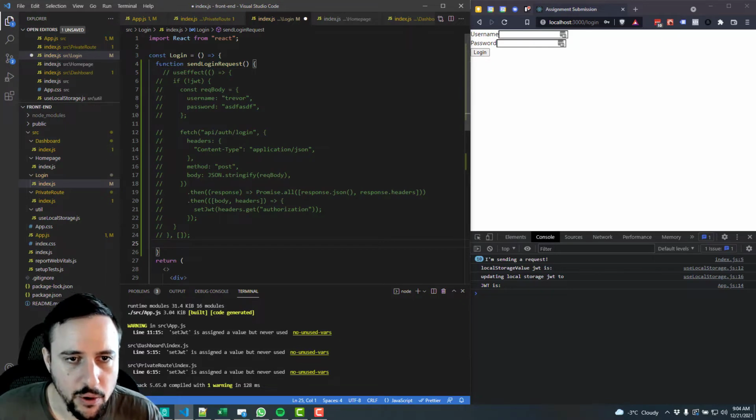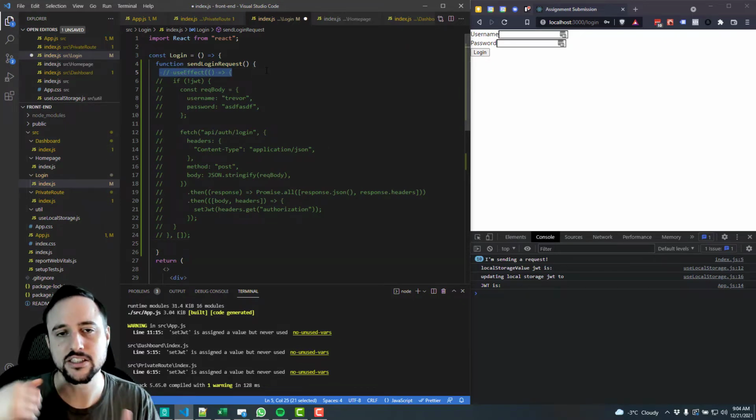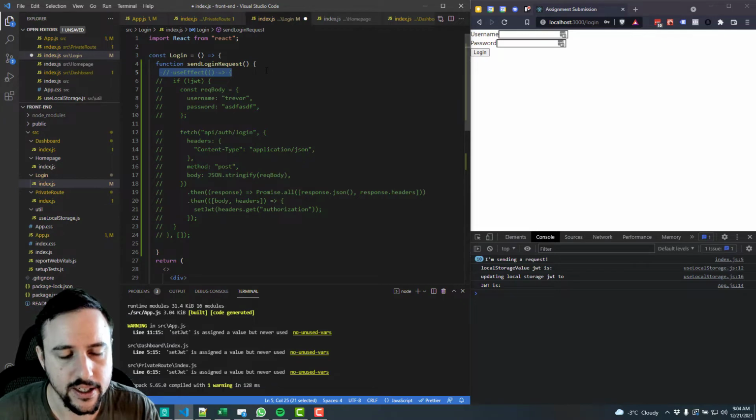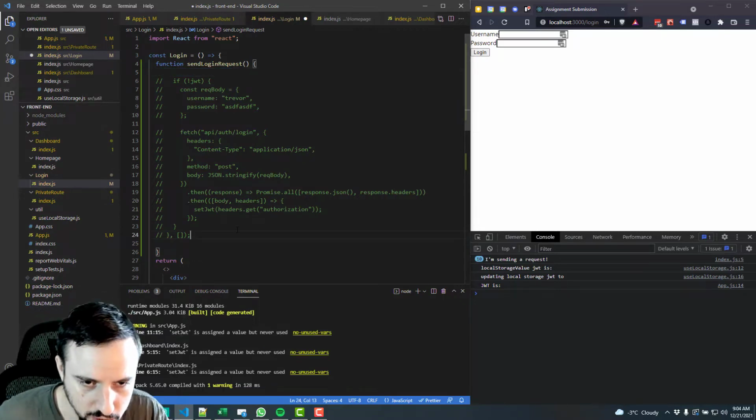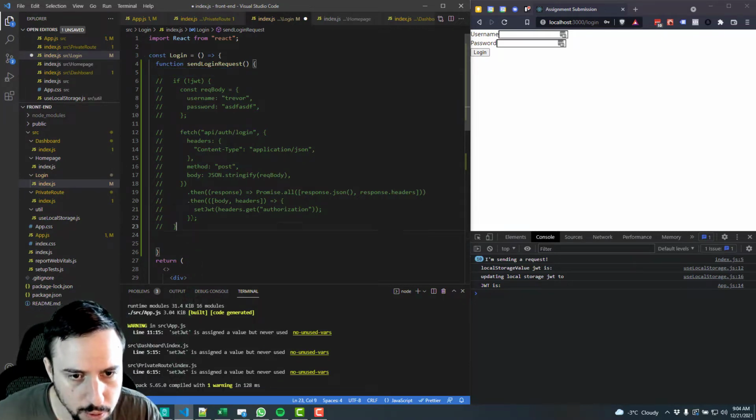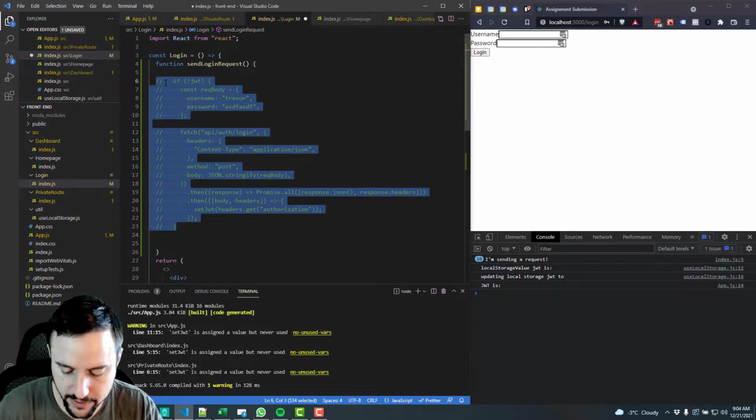Paste it here. Now, we don't want it to be a useEffect hook, so we don't need this to fire as soon as it loads the screen. So we'll get rid of the useEffect hook code. We will uncomment everything else,